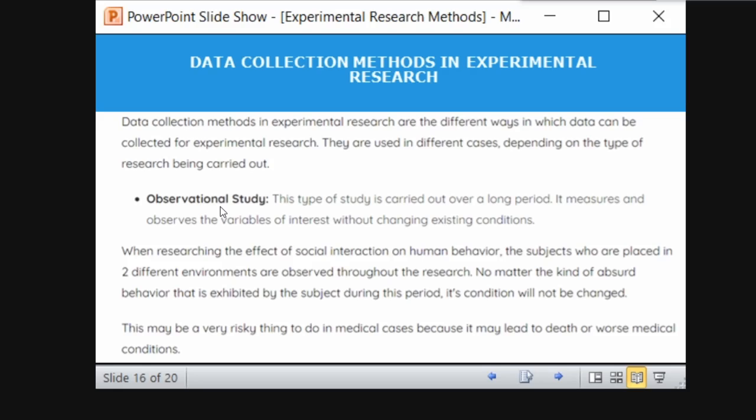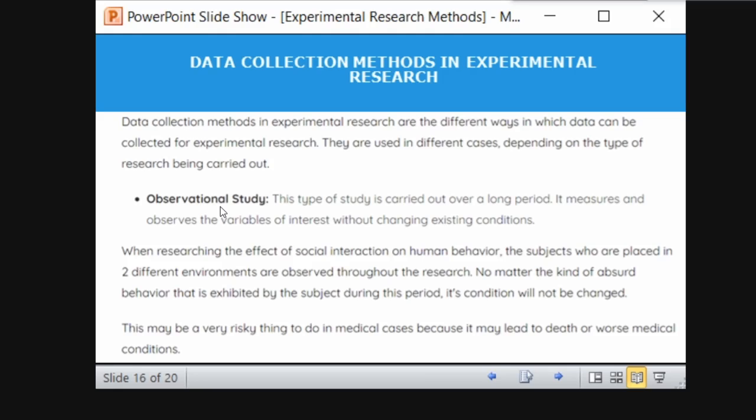One example we saw in human behavior: one person is kept in a room with a group of people. He has time to interact for 1 year. Another person is kept alone for 1 year. Over a period of time, he will get angry, frustrated, he will hit the wall because he has nothing to do. But still, you cannot change it. You will just observe his behavior. That is the primary objective of research, right?